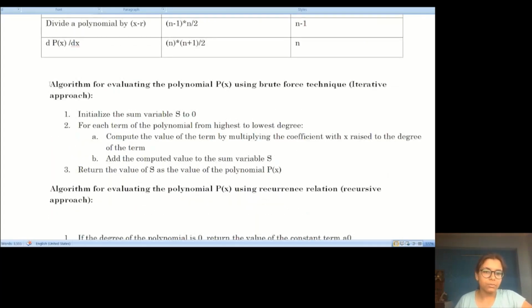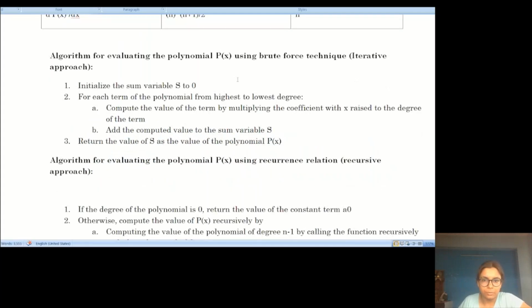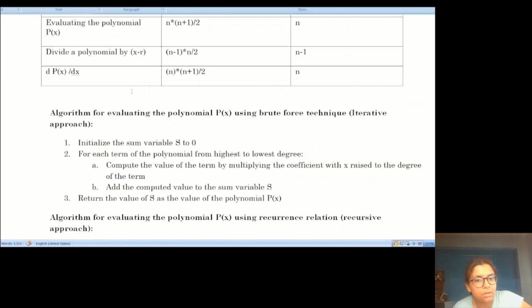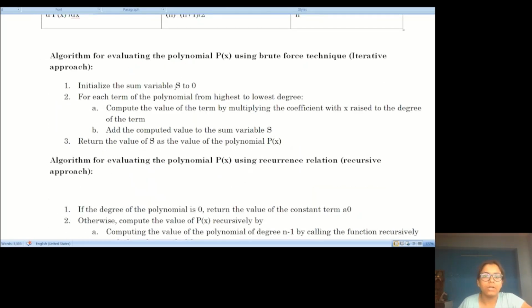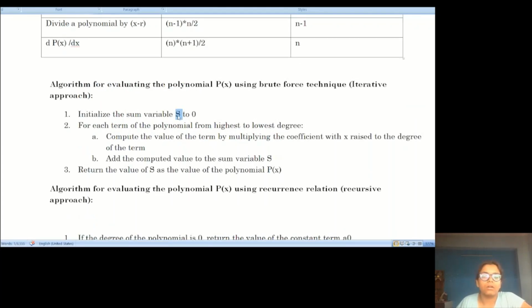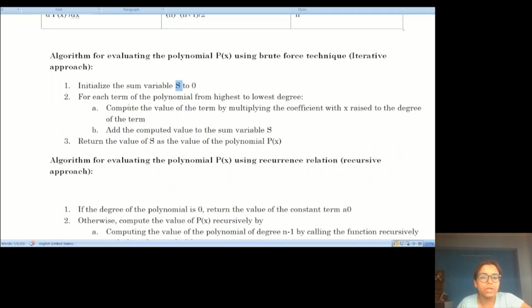To answer these questions, we first write the algorithm for evaluating the polynomial with brute force. Firstly, we have to initialize a variable called s. It would be the sum of all the terms, and so we would initialize it to 0. And next step, we would go through each term of the polynomial from highest